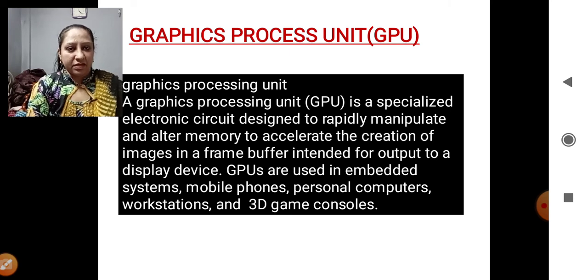Then there is a term written on it: a frame buffer intended for the output of the display. Certain times we need to keep buffering the memory screen, because graphics needs a lot of memory space. That is why it keeps on rendering the memory again and again, so that the user gets enough space. Graphics consumes a lot of space, so from time to time the memory has to be rendered and cleared out.